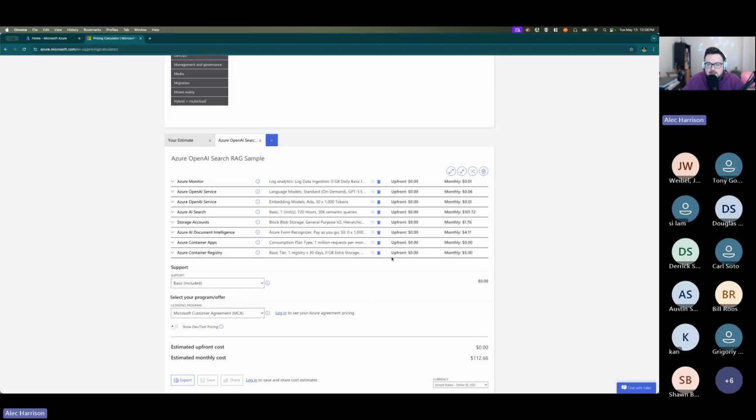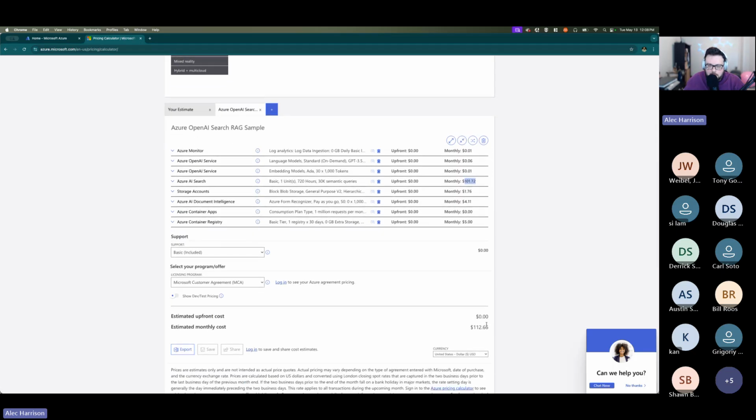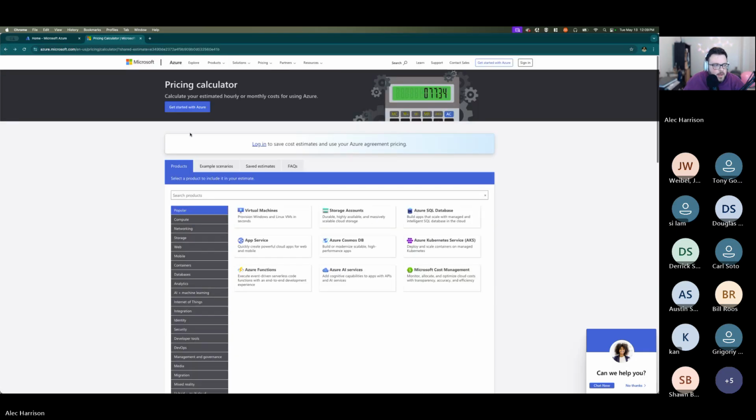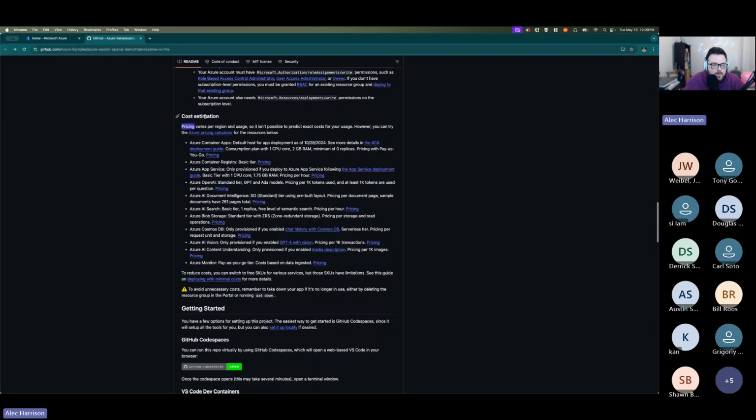The first basic tier is 72 and some change dollars a month. So that is why these costs are a little bit on the higher end. If you can get by with a free AI search instance, this goes down to 0. And then you can do the math of minus 101. Your cost is like $11 a month to run this thing. And you're not always going to be embedding data, right? You're only going to embed data when you add more. So again, a lot of these samples are fairly cheap to run, fairly cheap to do.